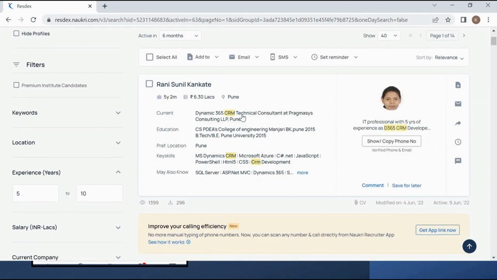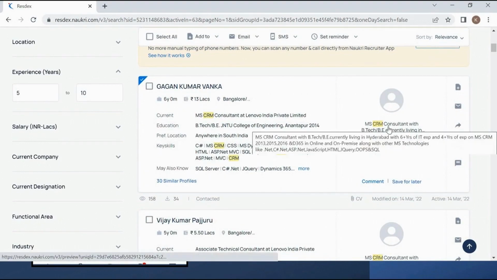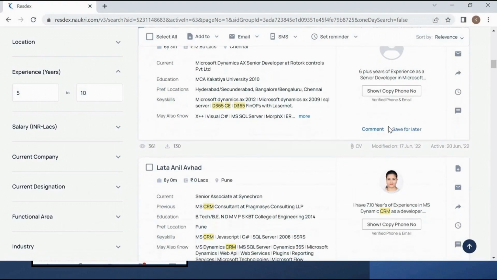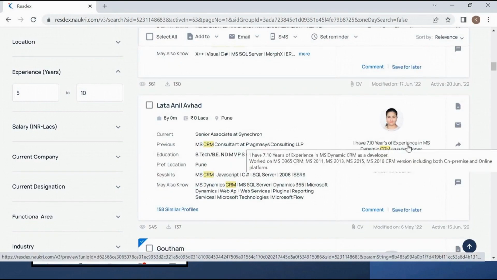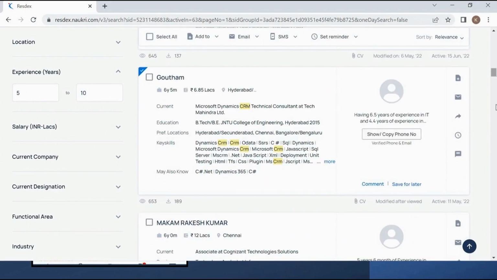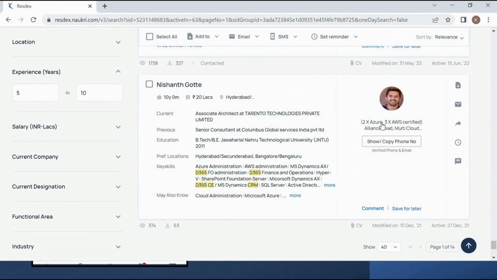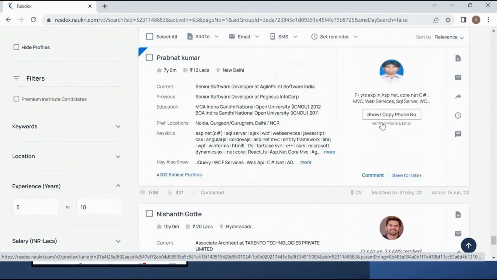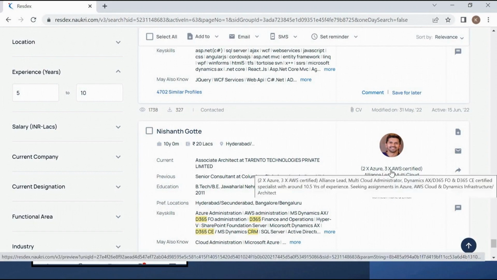See, in this first CV, you have seen the technical consultant. Let me go down. This is also basically a technical person because functional is not mentioned here. Let me go downside, friends. This one has mentioned CRM developer. CRM developers are also technical people. Okay. Let me go at the bottom side. If I go to the bottom side, still I will not find any person in which functional is mentioned. This is the architect person, but here it is an architect in the technical side only, not in